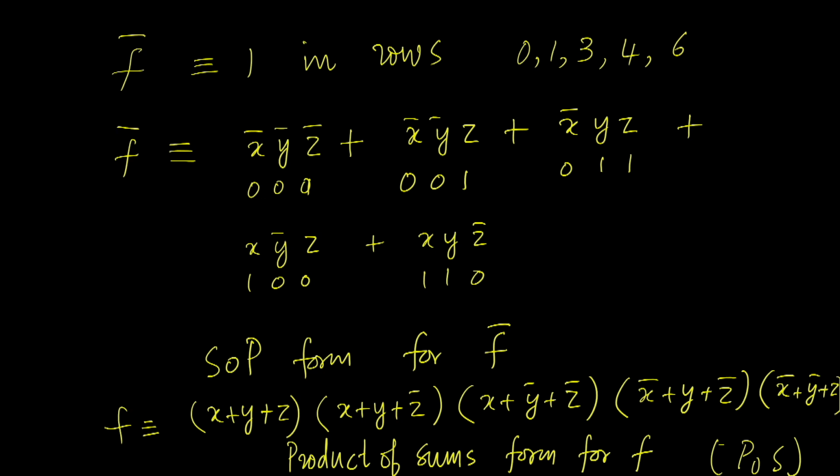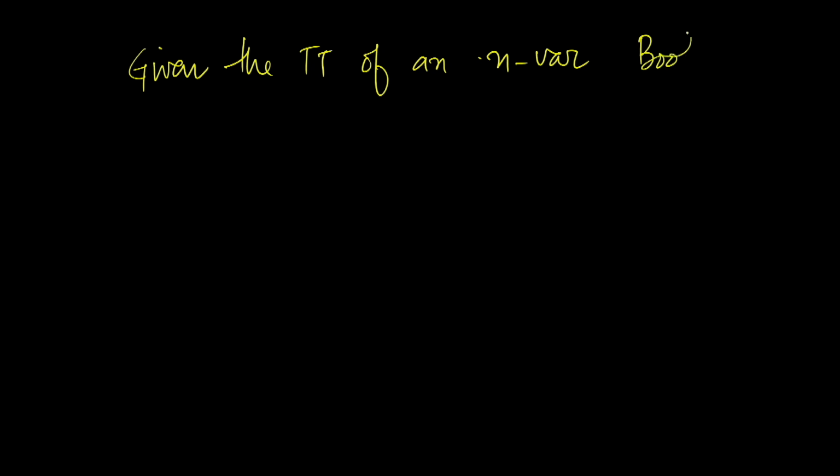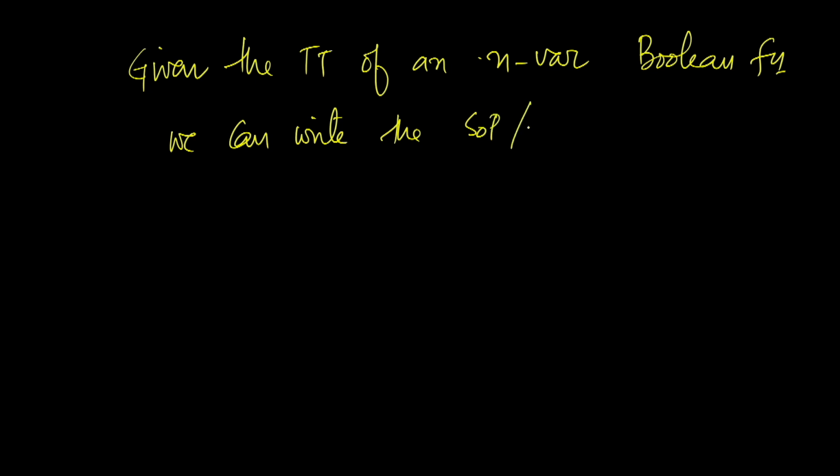So what that establishes is this: given the truth table of an n variable Boolean function, we can write the sum of products or product of sums form of f. So we have an algorithm for doing this, and this sum of products and product of sums form use only